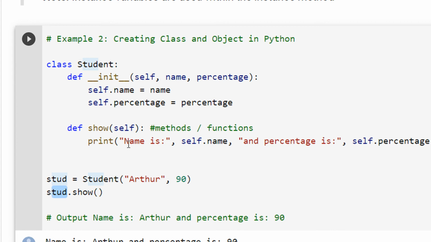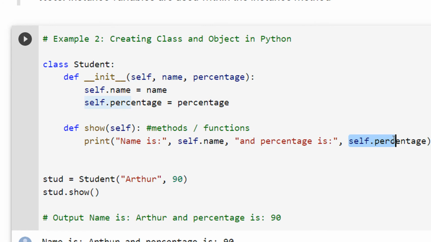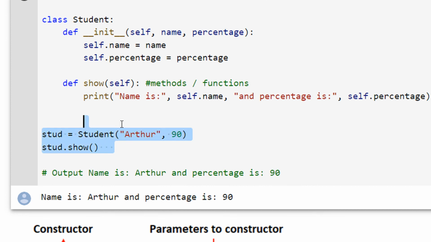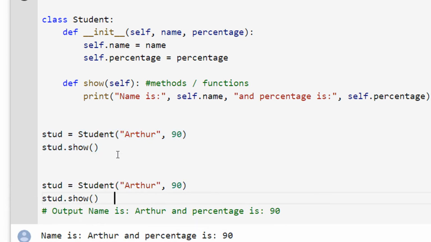Now you can see in this method I am doing self.name and self.percentage. Since the show function is called by the stud object, self will be stud. So what is stud.name? It is Arthur. What is stud.percentage? It is 90, right? Now let us define another thing.